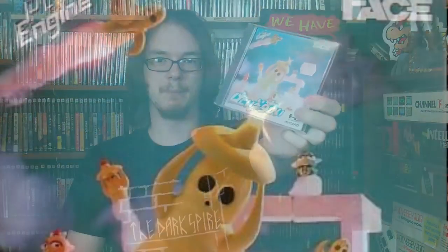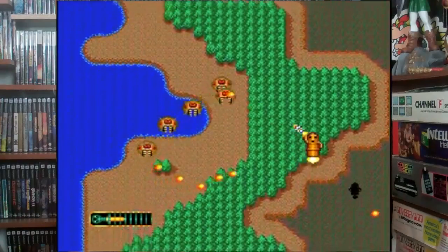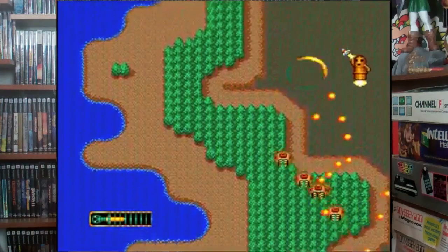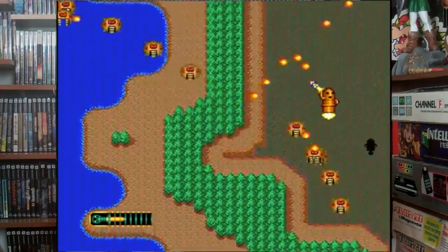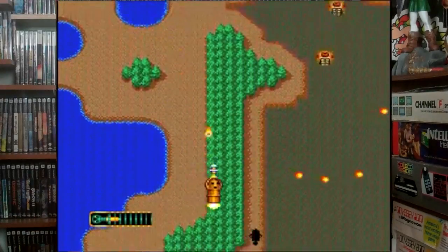And then this other one is Honey in the Sky, which is a shooter, and I had the person there also bring up gameplay on this because this one was $30. So that $30 mark, once a game goes above $20, I'm a little bit more hesitant to buy something if I'm not quite familiar with what I'm buying. But I had him bring up some gameplay and it looked interesting. I remember watching video on this and I remember putting this on my want list, so I picked it up for $30. It was a little bit above what I wanted to pay, but I couldn't let them go